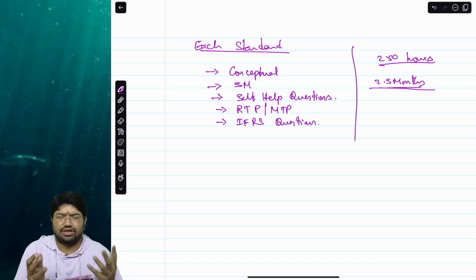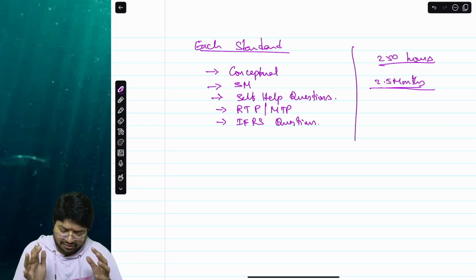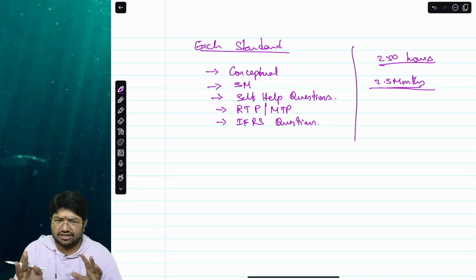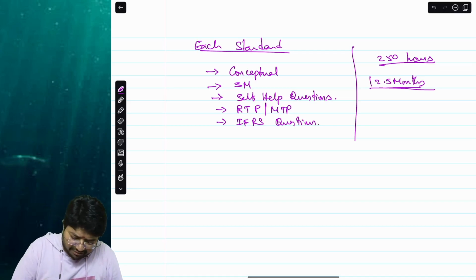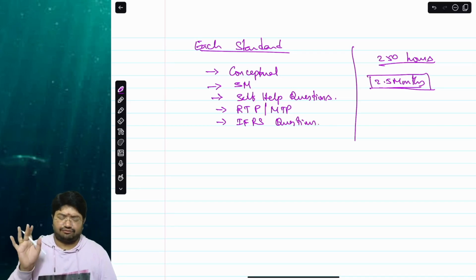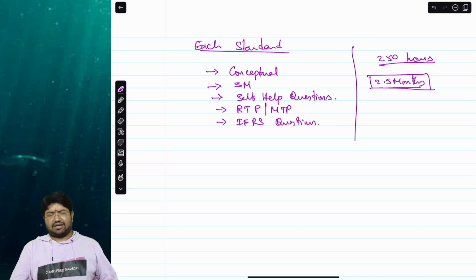Anyways, for recorded students, it's a different story. It's all complete without interaction, but you can anyways message me on WhatsApp or keep calling me. But for someone attending live, the idea is that out of this 250 hours, mostly around 200 hours will be live for you. The remaining 50 hours would be given as recorded. So somewhere around 2.5 months is what I envisage to finish the entire syllabus in. But even if it gets dragged, it would not cross beyond 3 months.